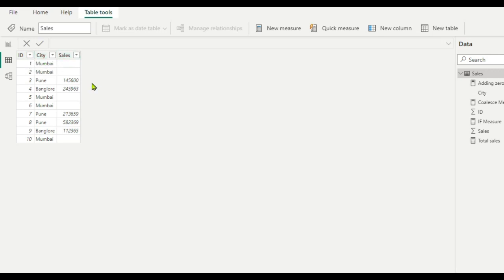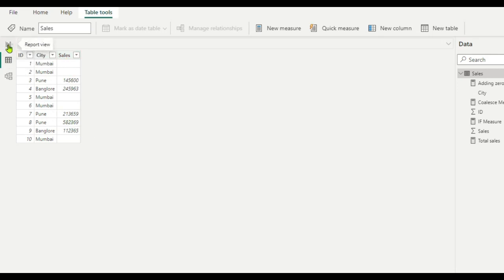However, there is a specific issue we need to address in our visualization. We have noticed that we have no sales for the city Mumbai, and as a result the sales column contains blank values for Mumbai. Here you can see there is no value, right? So in our report we want to display a 0 instead of a blank value, while preserving the original sales data for other cities. So for other cities it should be the same, and for Mumbai it should come as a 0. So this is our scenario.